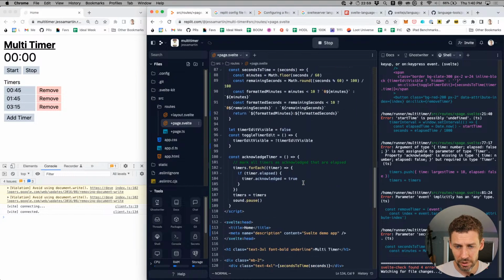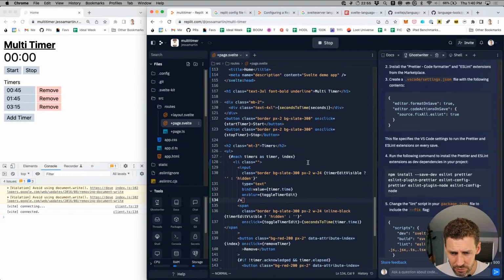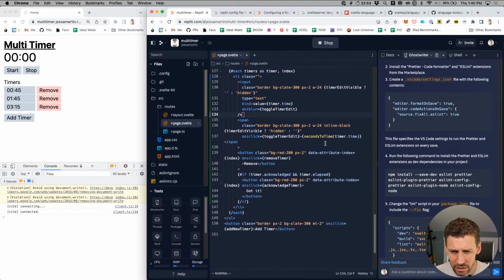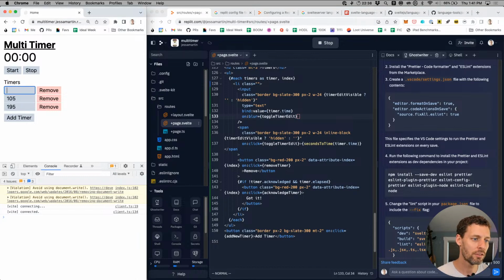And the simplistic way that we're doing updates right now is using bind. Bind is right here, bind value. And apparently bind value doesn't wait for a defocus or a return or anything like that, but it's actually doing a dynamic change to that value. Some kind of debouncing has happened where it waits until you stop typing before it updates it, but it's a problem nonetheless.